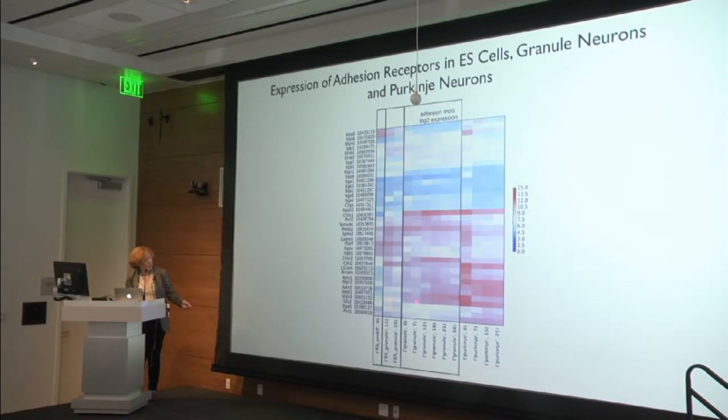You can compare these with the granule cells and the Purkinje cells at different stages. And so by this measure, you would think that the differentiation goes quite well, and this actually matches with what we and many others have used, which is just markers of developmental genes to say that we've got a granule cell, for instance. But when we